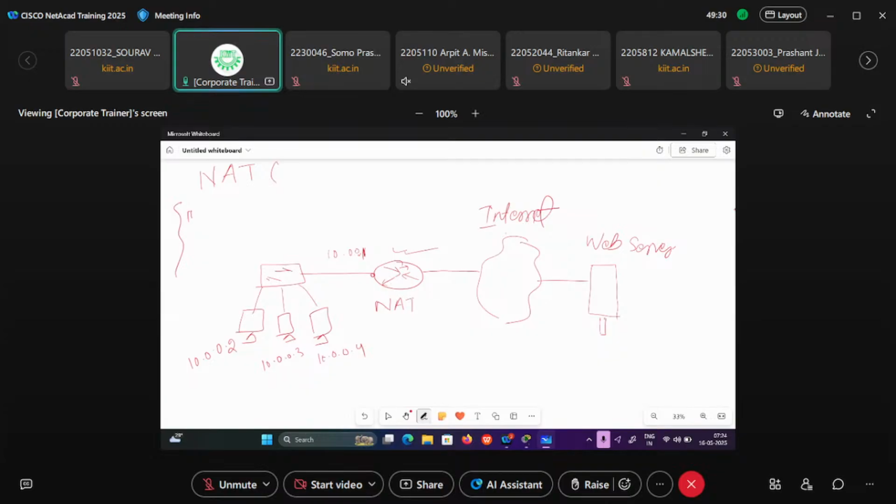The range is 10.0.0.0 to 10.255.255.255. Remember, the Class B starting is 172.16.0.0 to 172.31.255.255, and Class C is 192.168.0.0 to